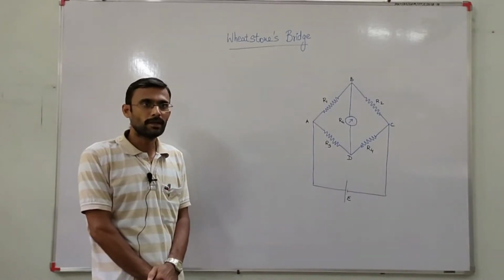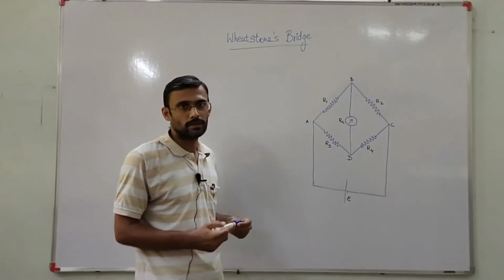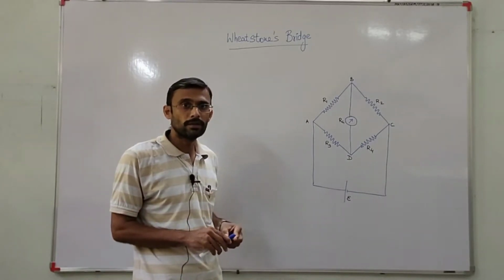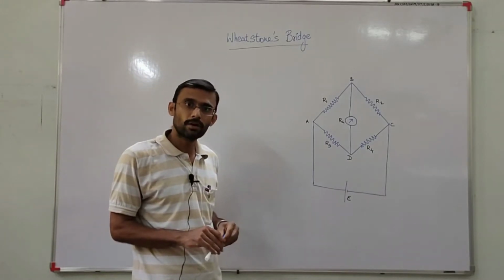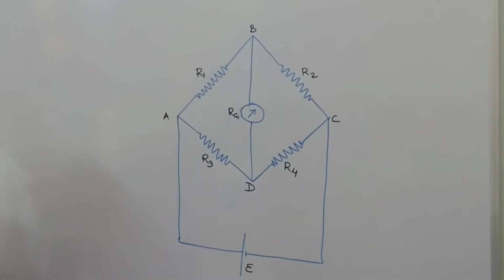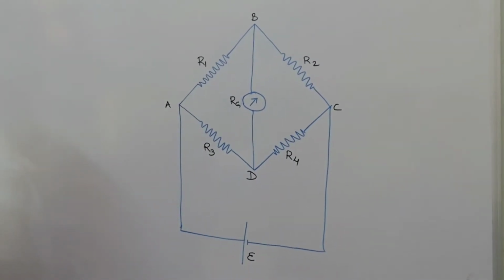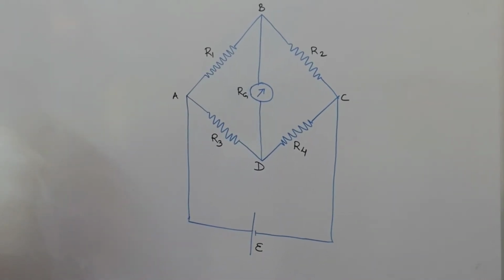What is the null deflection method? In this circuit, if you see, there will be a flow of current in the galvanometer. When there is a flow of current in the galvanometer, it is considered an unbalanced condition. That is the normal condition. But in the balanced condition, the current flows in such a way that the current does not flow through the galvanometer, and hence at the point when there is no flow of current through the galvanometer, that is called null deflection, zero current through the galvanometer, and that condition is known as the balanced condition.